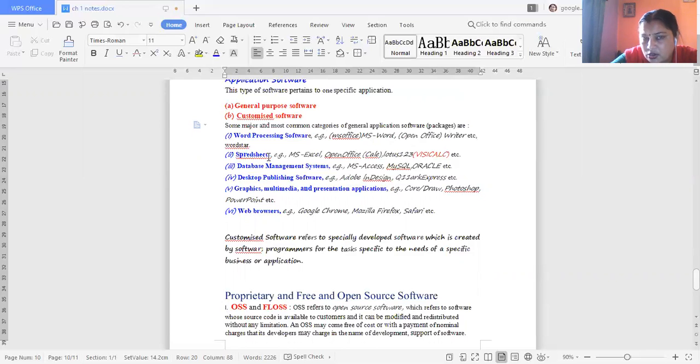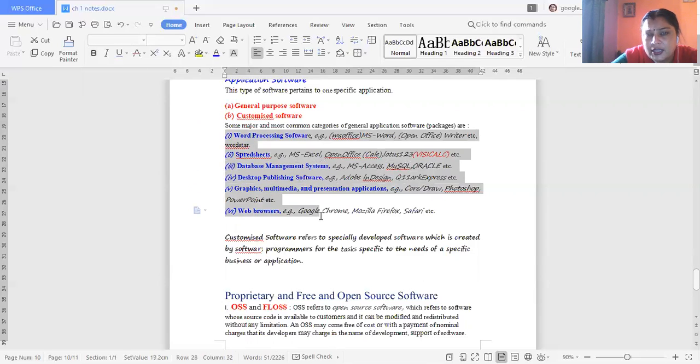Another is spreadsheet software, used to arrange data into rows and columns and to perform mathematical tasks on data. To store large amounts of data we use data management software. There are also desktop publishing software, graphic and multimedia and presentation software, and web browsers. These are application software that is used according to the requirements of the users.